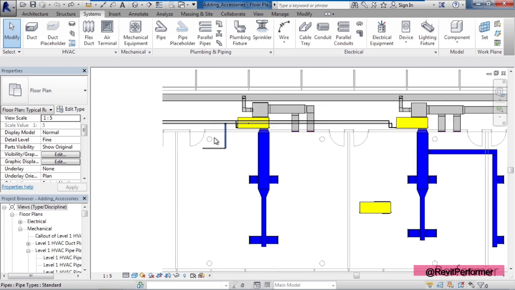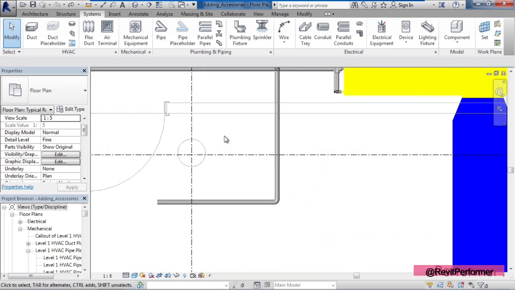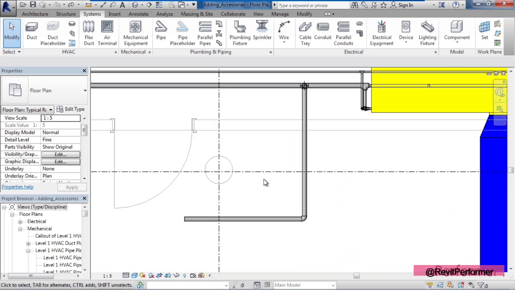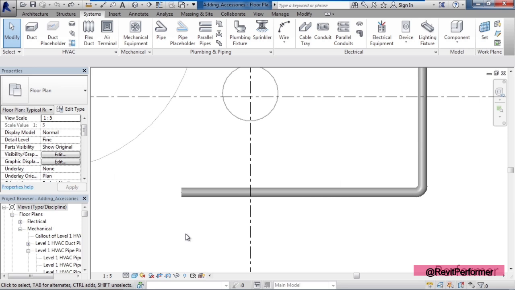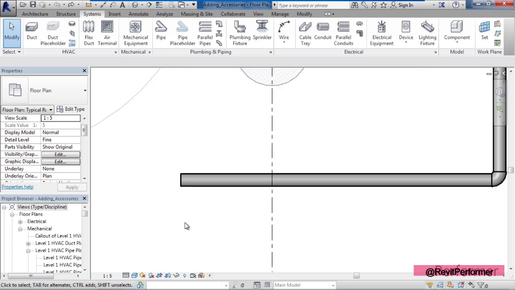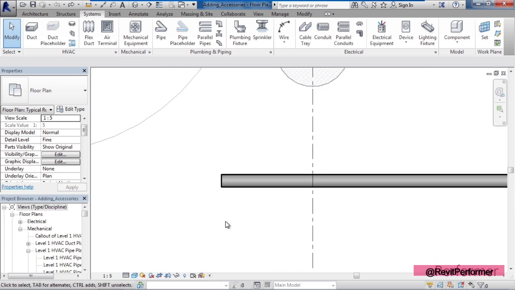I'm going to zoom in on the upper left corner of my Comp Revit project, and what you'll notice is I have a pipe run coming out from the main pipe system, and it just stops abruptly. Well, what we want to do with this pipe is actually put an end cap on the end of it, and once we do that, we actually like to drop in a valve. So we'll use the pipe fitting and the pipe accessory tools to do both.